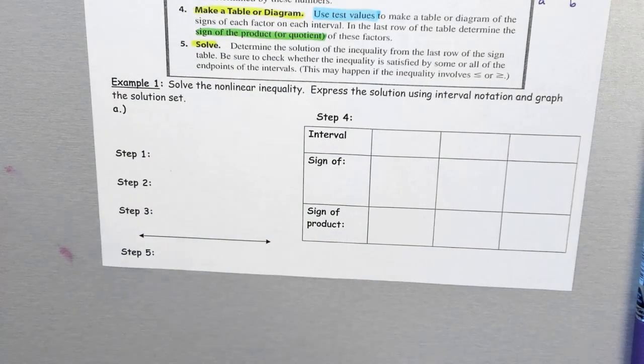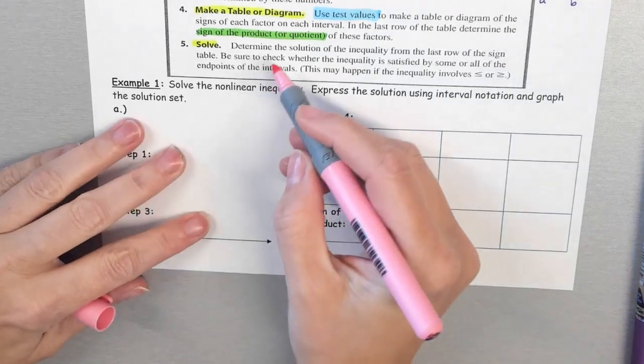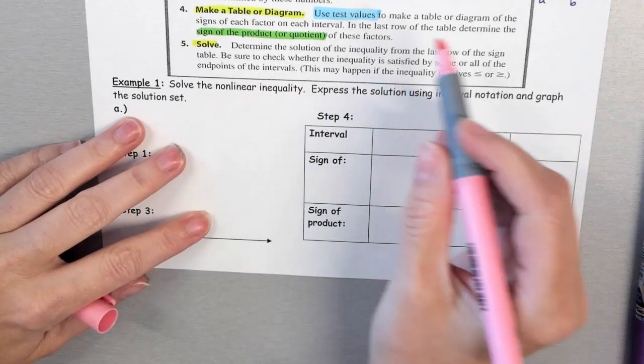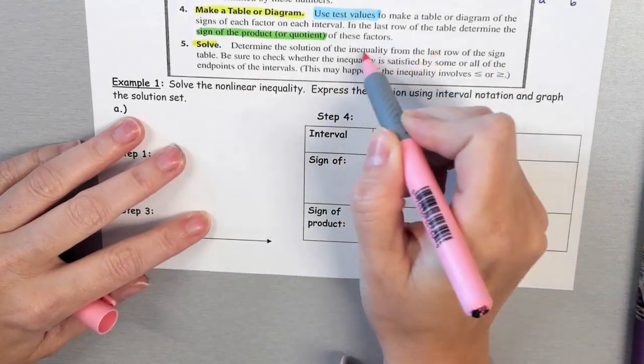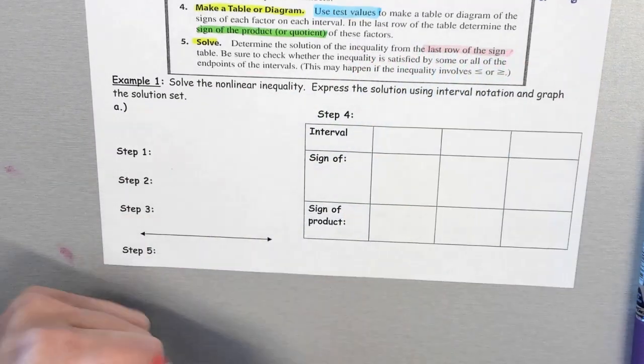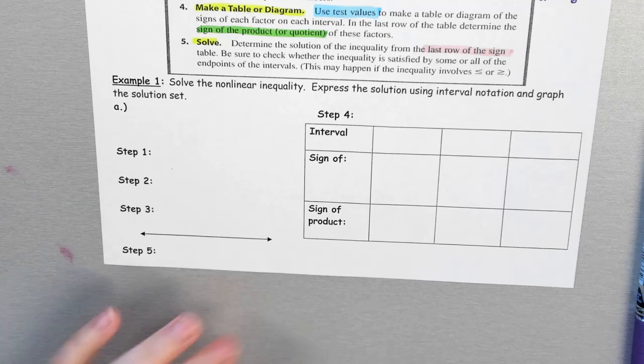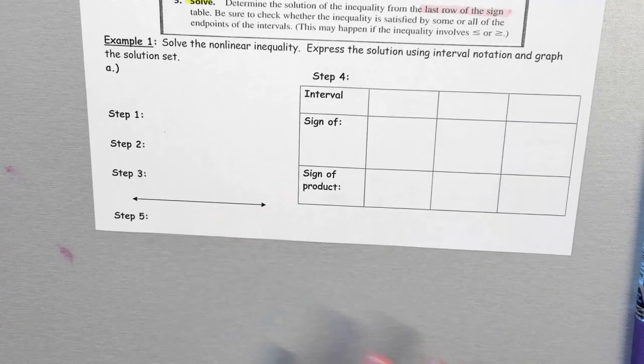You can highlight your decisions over here. Okay, so determine the solution of the inequality from the last row of the sign. And then that's going to change from problem to problem as well. Okay, so you are solving the nonlinear inequality, express the solution using interval notation, and you are going to